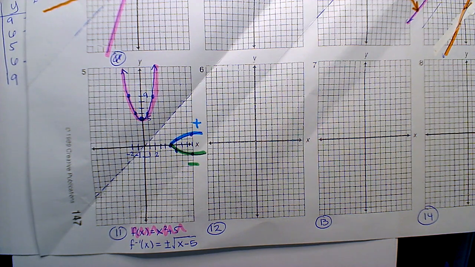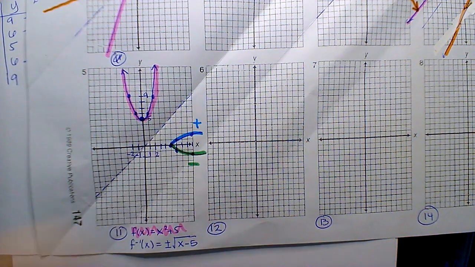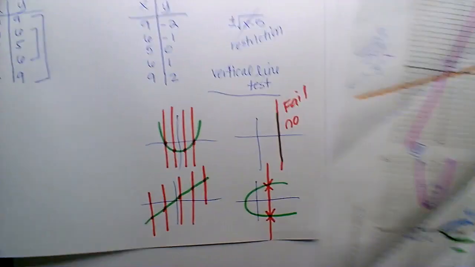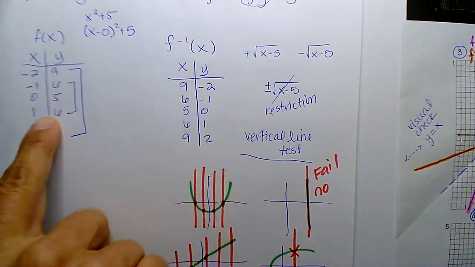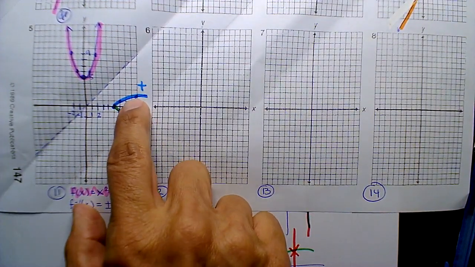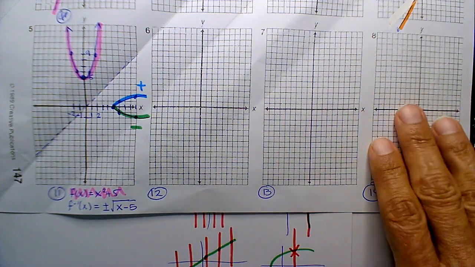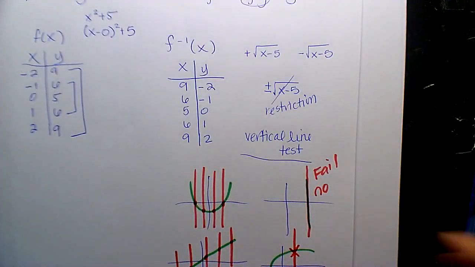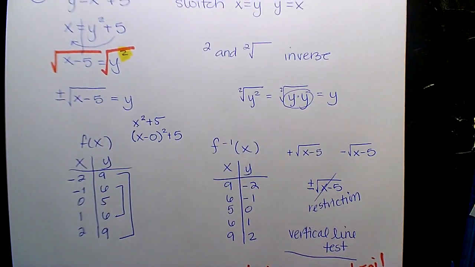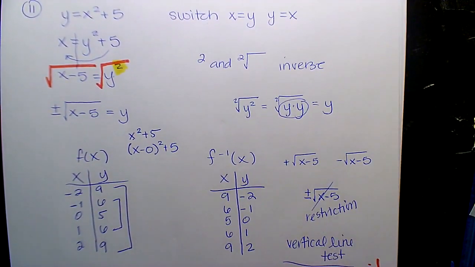Okay, so number 6 is like this. So graph it, fold it, right? Get your table, figure out the switch. And then just know there's a positive and there's a negative. They're two separate. All right. Okay. All right, let me